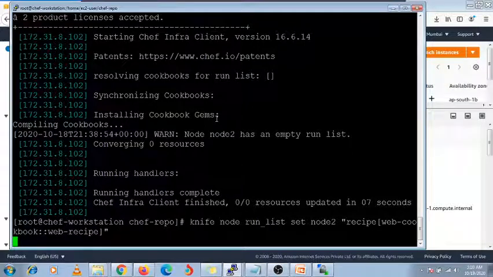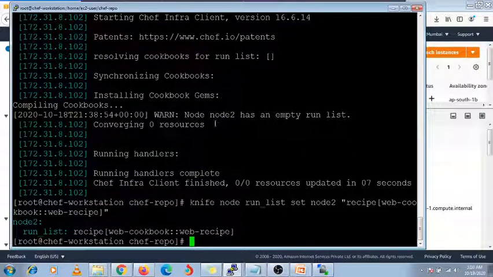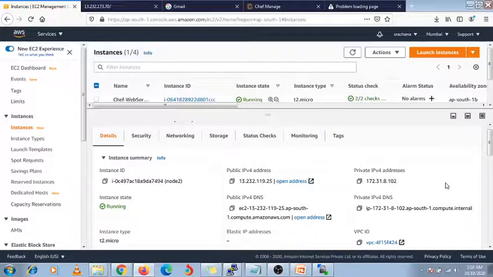Close it and enter it. Okay, now this recipe is uploaded.